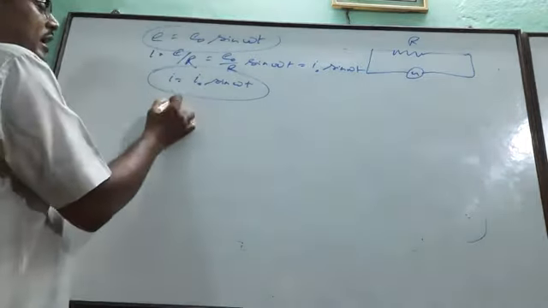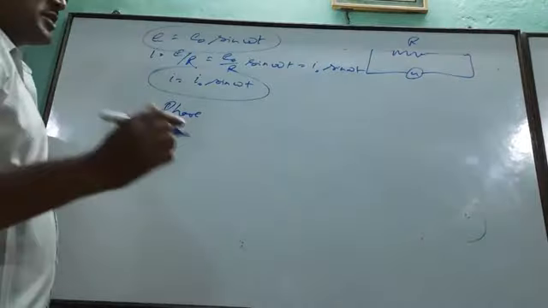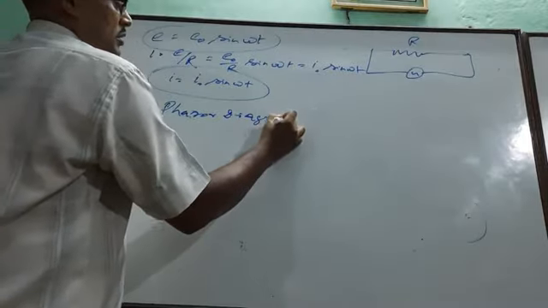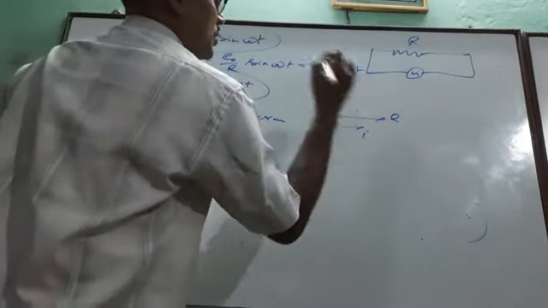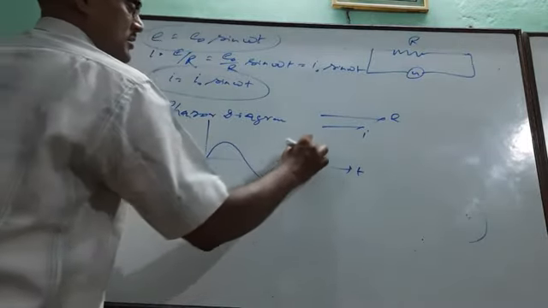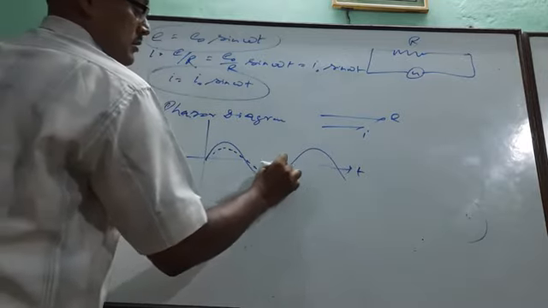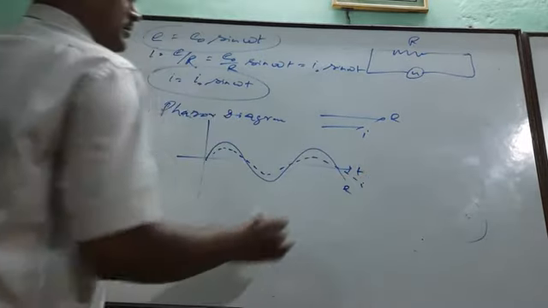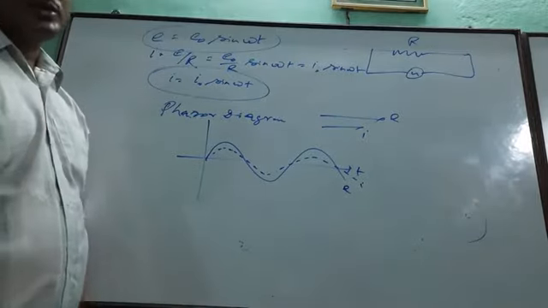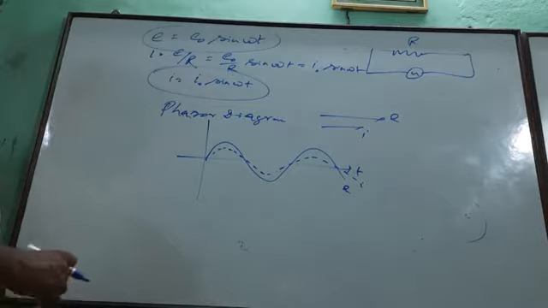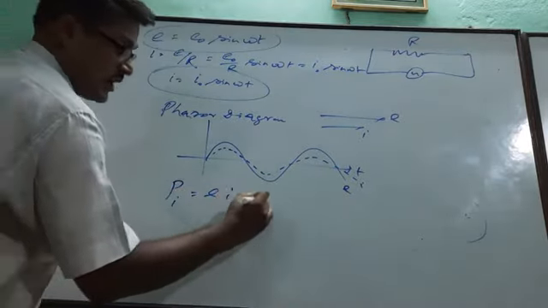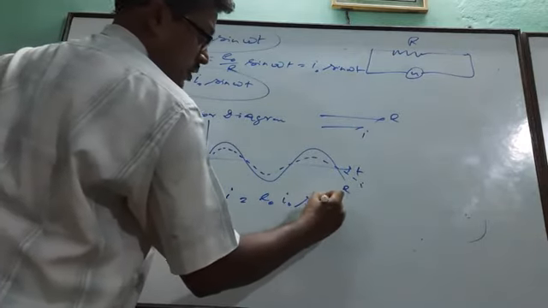So in the phasor diagram, the phase can be represented with this diagram. The phasor diagram is E and I. And if we plot graphically, it will be like this: I and E. So this is the circuit containing one resistor. And what is the power? Instantaneous power P is E into I, that is E0 I0 sin square omega t.